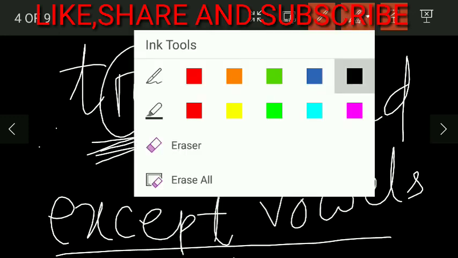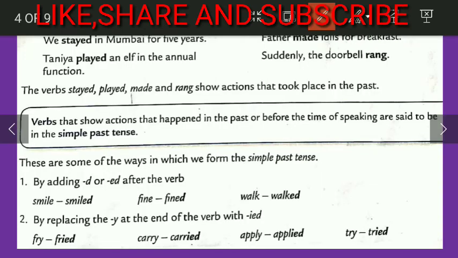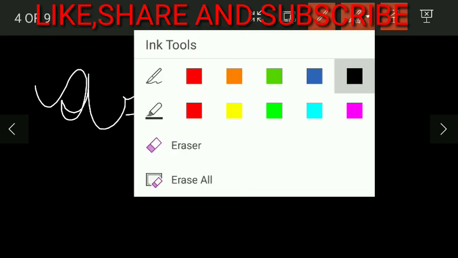Okay, so children, let me take another example. Like here it is written apply, A, P, P, L, Y.